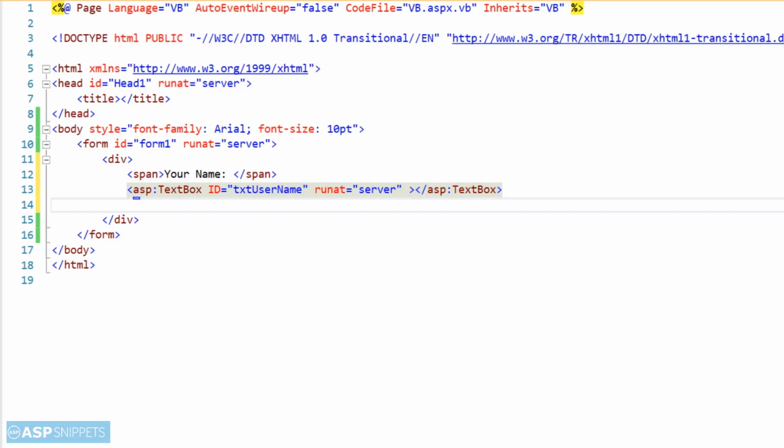Now I'm adding an HTML input button. When this button is clicked, the value of this text box, txtUsername, will be passed to the web method using a jQuery AJAX call. So our HTML part is completed.